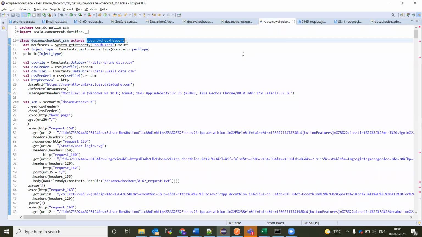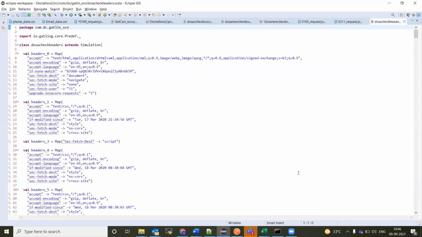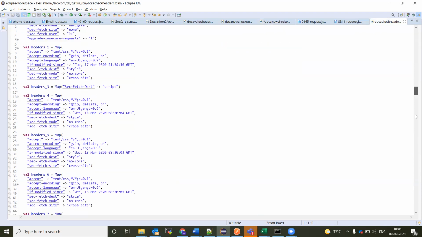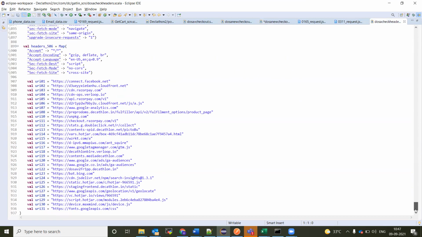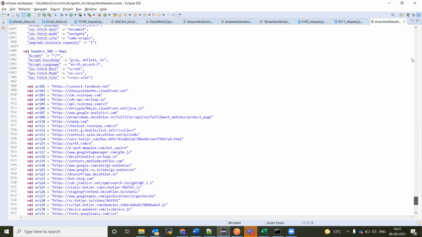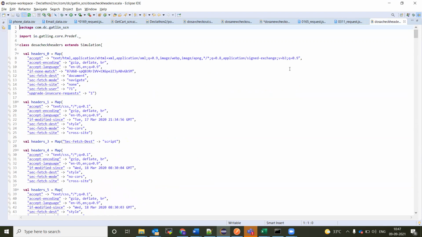Got it. Got it. This is just, you can copy the headers and other things, and you can just paste it here. That's it. So we are just removing 500 lines of code from there. So see here, I have some 937 lines of code. So I just reduced 937 lines of code while compiling. So this will be two different compilations now. It will be easily compiled. This is one of the simplest ways.